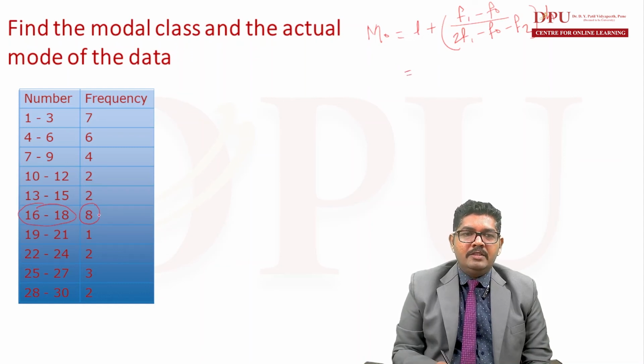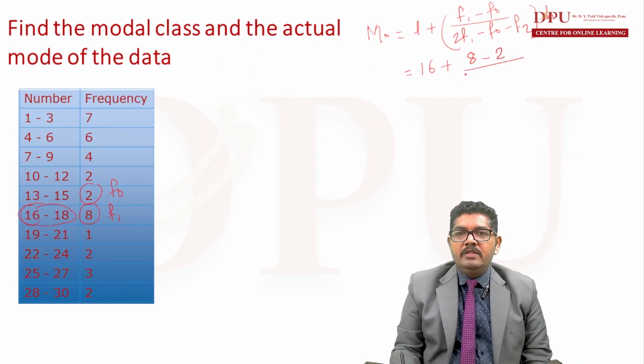Now the modal class is the class with the highest frequency, so 8, and this is the modal class. So the lower limit of this particular class is 16, so 16 I write here, plus F1. F1 is the frequency of the modal class, that is 8, minus F0, the frequency of the class previous to the modal class, so this will be F0, 2,